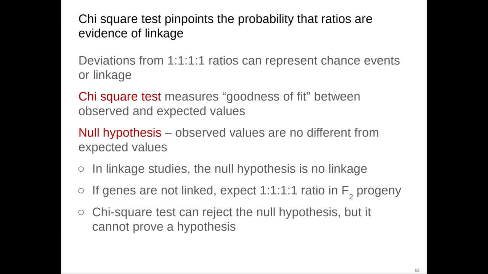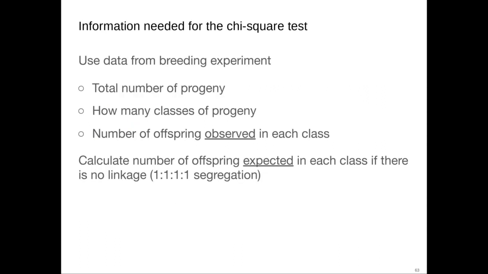So that's how we use a chi-square test. You'll do this in your lab. Actually, you do it on a couple different things, but you use this in your lab. So we use our data from an experiment, and we need a couple of pieces of information. We need the total number of progeny, how many classes of progeny, and the total number of offspring observed in each class. And what we can do is calculate the number of offspring expected in each class